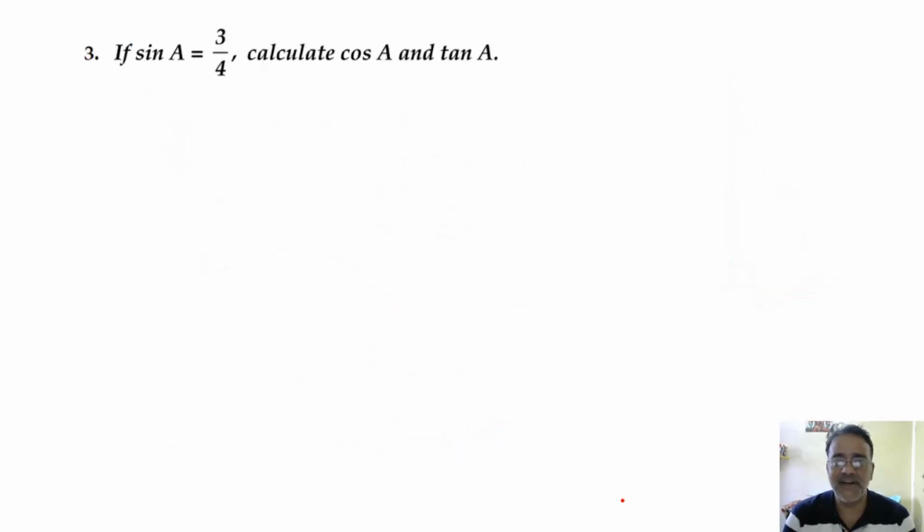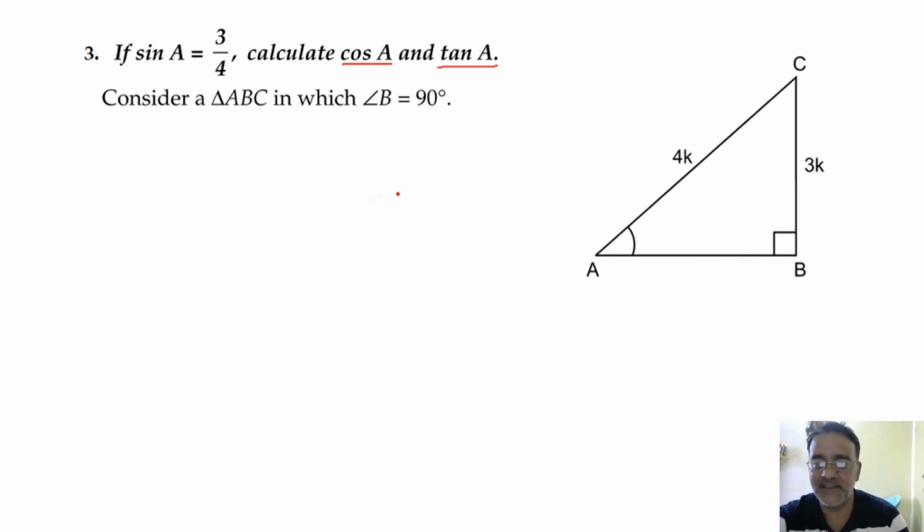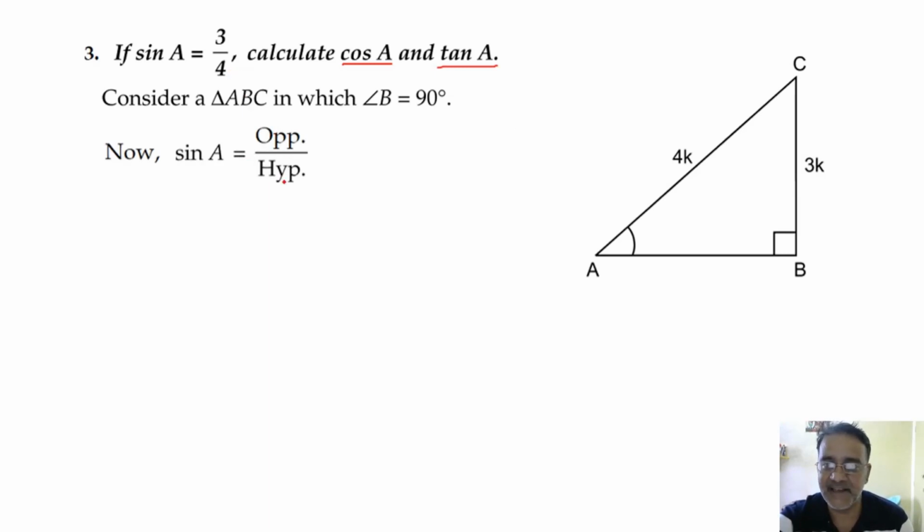Okay. So third question also I would like to take. After that we will concentrate on the other questions. So if sin A is equals to 3 by 4, calculate cos A and tan A. If you remember, this question I have given in the revision test number 6, but in place of cos A, sec A was there. Do you remember? Yes, sir. Okay. So we'll make first triangle. Sin A is given 3 by 4. So sin is opposite by hypotenuse. So opposite is BC and hypotenuse is AC.